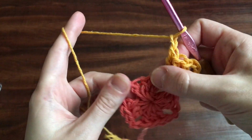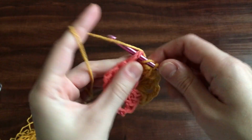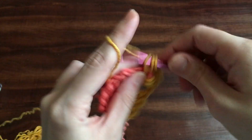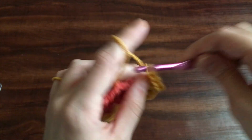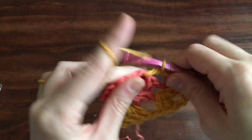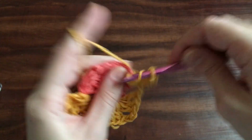chain 1, skip the next 3 stitches and insert 1 double crochet into the next space, insert 2 more double crochets into the same space there, chain 2, and insert 3 more double crochets, chain 1, skip the next 3 stitches and insert 3 double crochets into the next corner, chain 2, insert 3 more double crochets into the next corner,